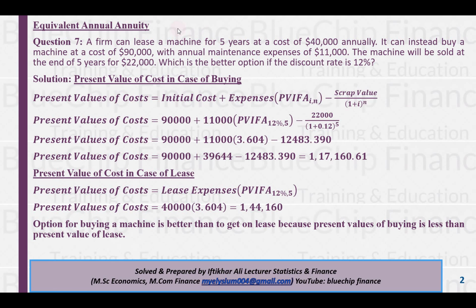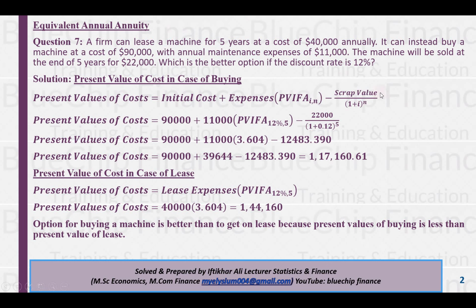Or simply we can say that if we have 2 or 3 or 4 or many different conditions to choose some project, and on what basis we choose the project, the answer is simply the calculation of present values